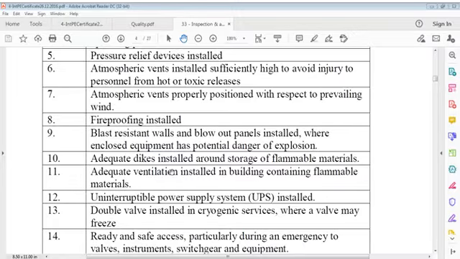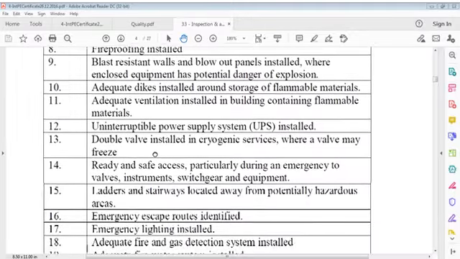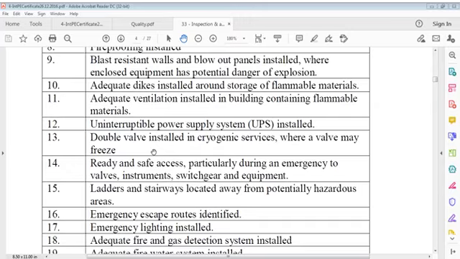Pressure relief devices installed. Atmospheric vents installed sufficiently high to avoid injury to personnel from hot or toxic releases or gas releases. Atmospheric vents properly positioned with respect to prevailing wind. Fireproofing installed. Blast resistant walls and blowout panels installed